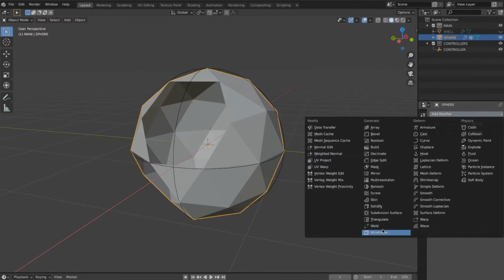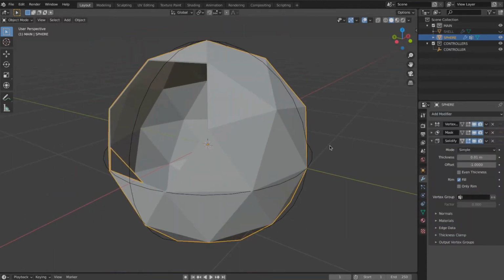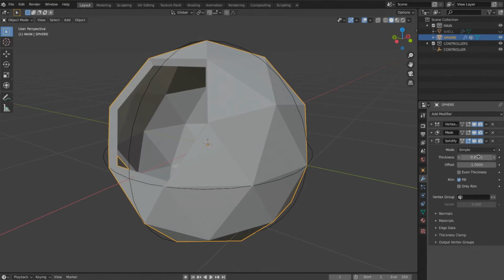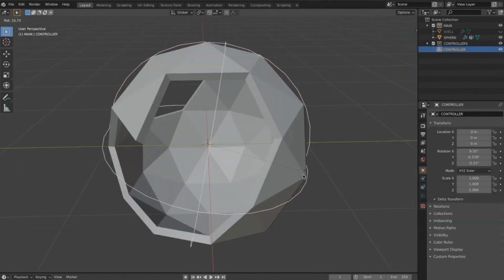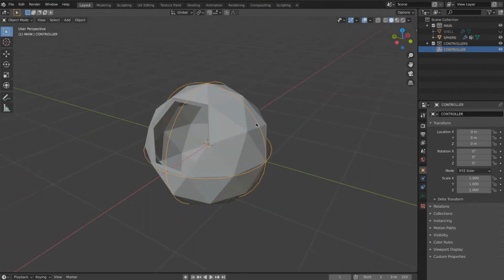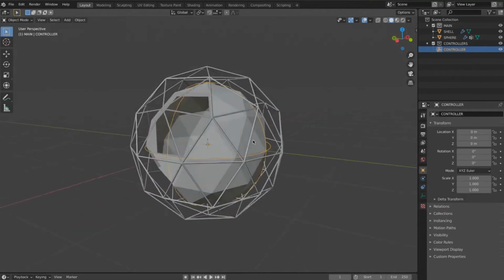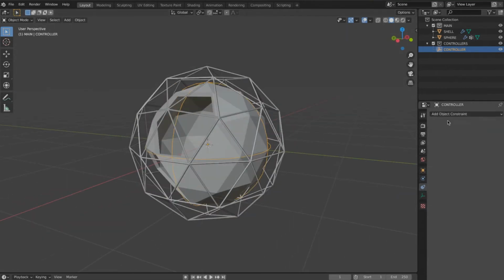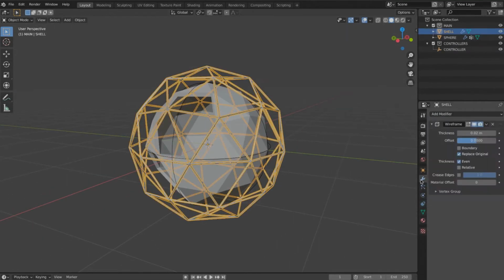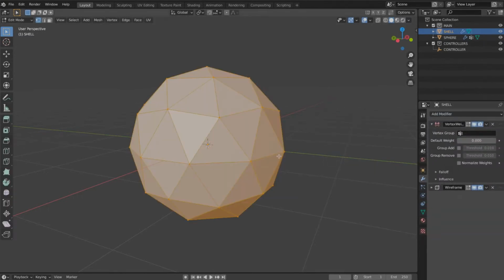We then add a solidify, this is to create a solid surface inside, and the solidify also allows us to define the texture that's going to be put in the rim and in the inner side. We do exactly the same thing with the external shell, the wireframe shell.